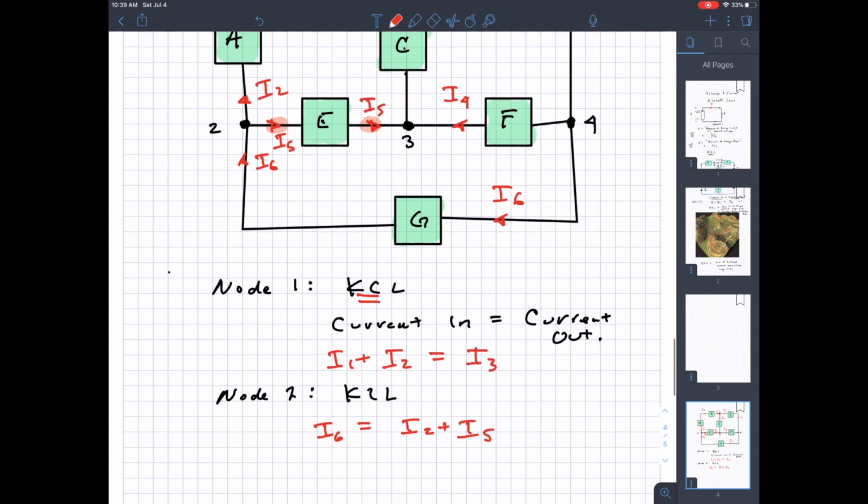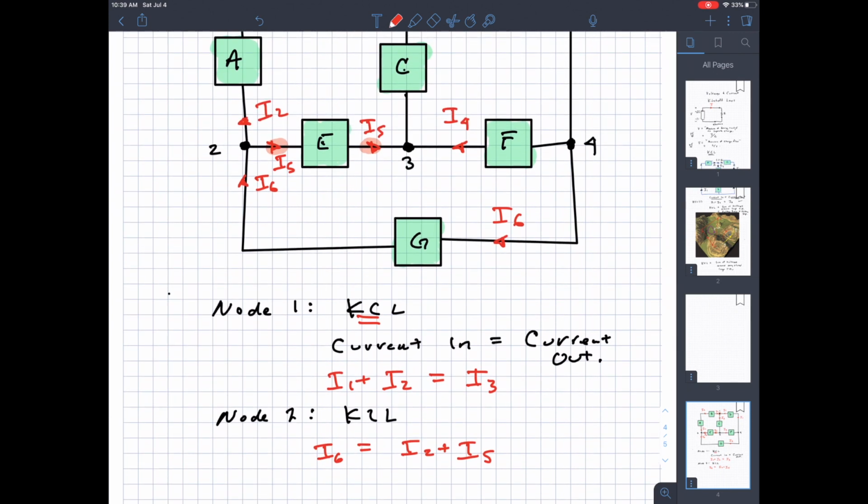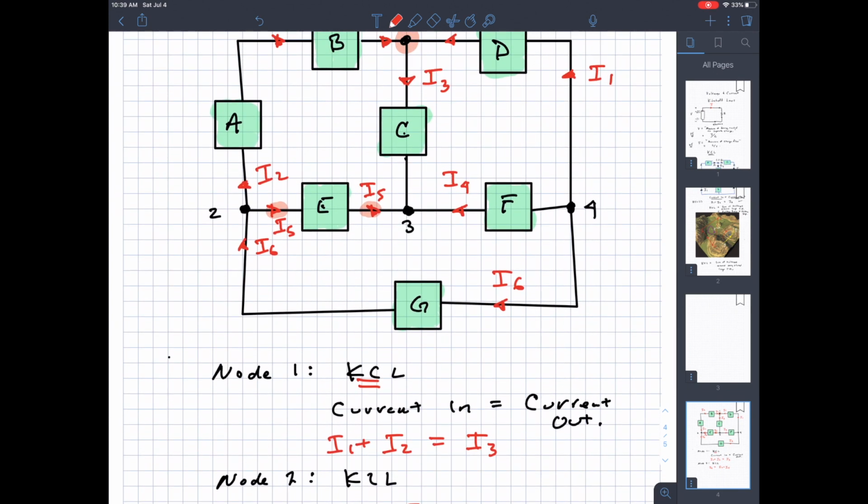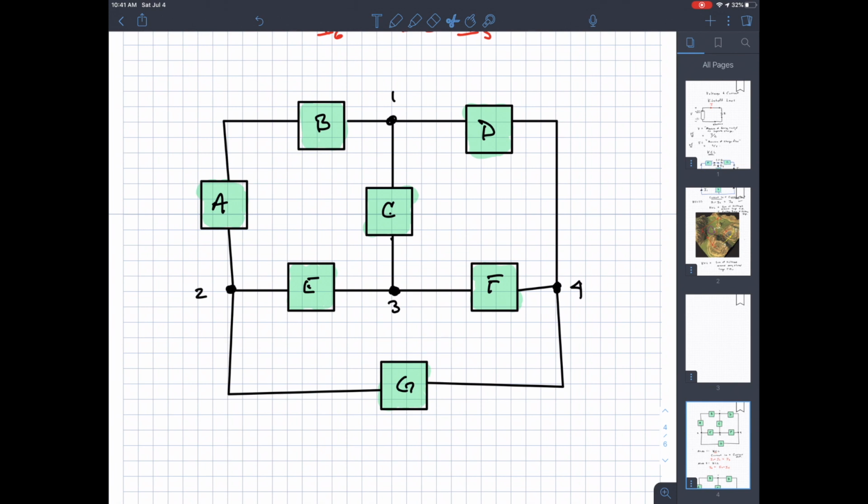So the video quiz is, what is the KCL equation for node 3? You should be able to do that. Now, to apply KVL to some of the loops in this circuit,